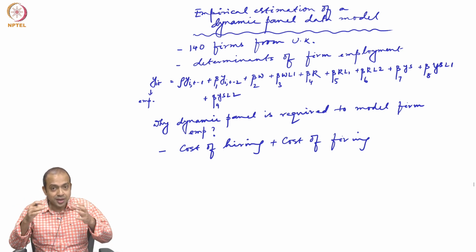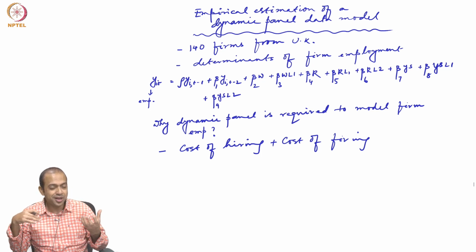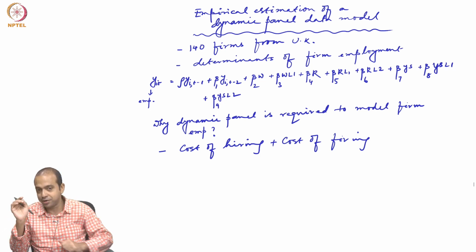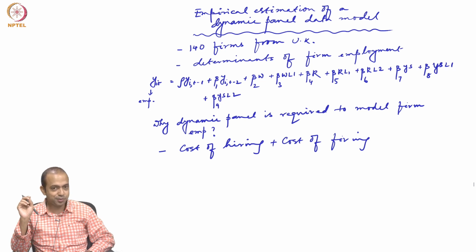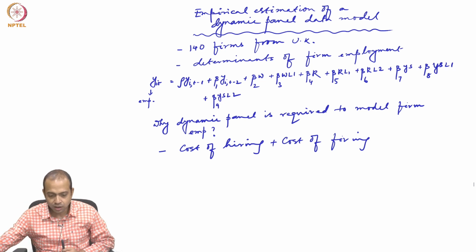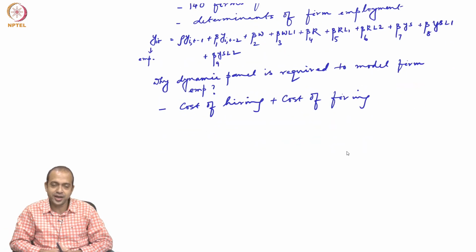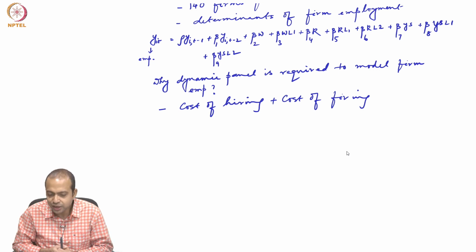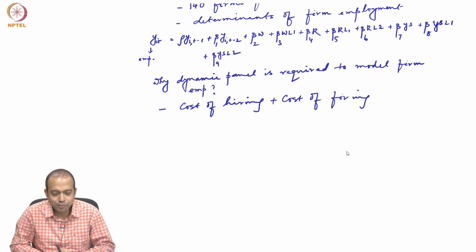That means, every time how much employment the firm will have very much depends on what the firm was already having in the previous period. So, this particular case explains why firm employment should be modeled in a dynamic context, right, mainly because of the cost of hiring and firing. Then what about other variables? Other variables are very straightforward. Employment